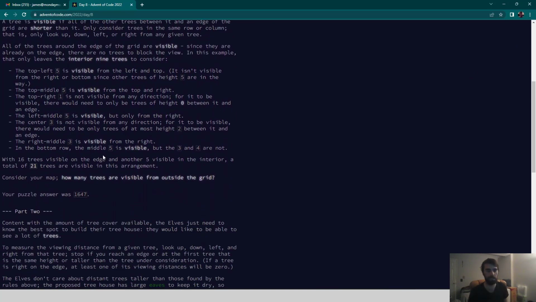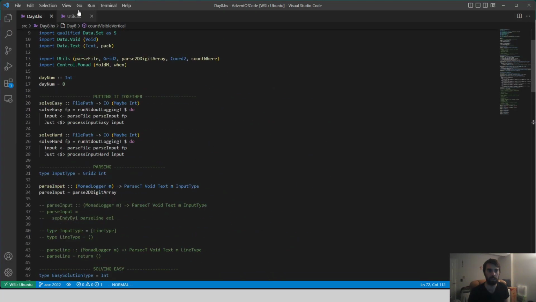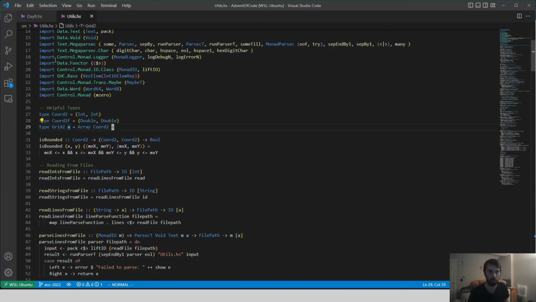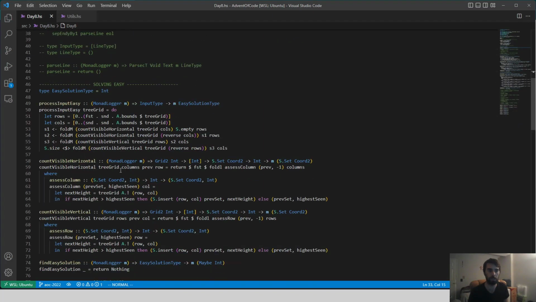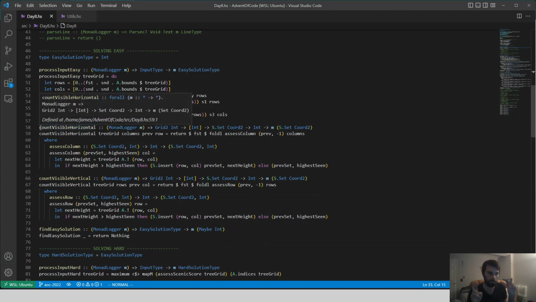It's more or less just brute force looping through these items. But let's just go ahead and see what that code looks like. As I said, we're just parsing the 2D digit array using this utility, so the input part is easy. So for the first part, the easy solution,